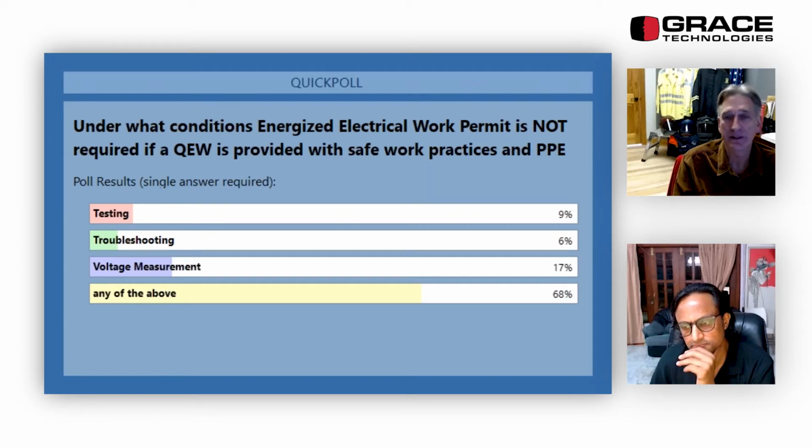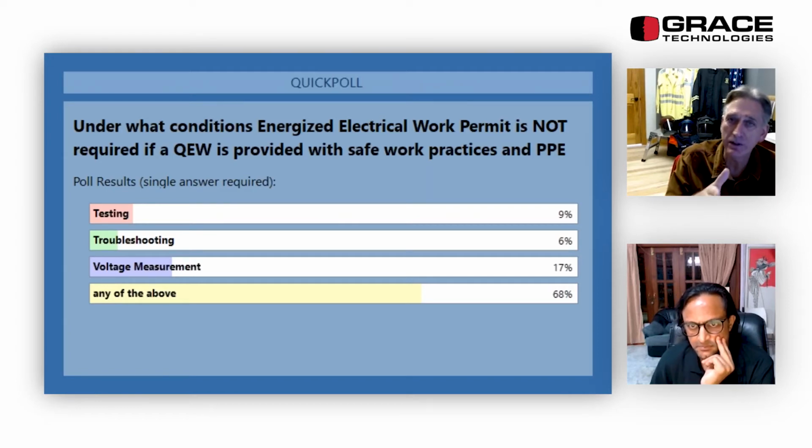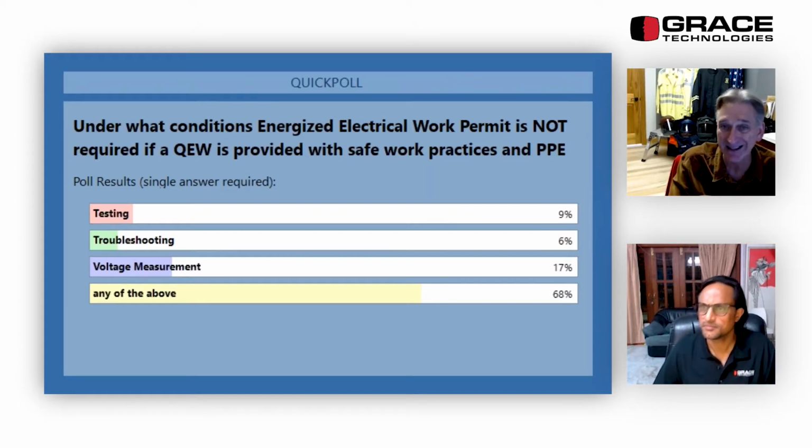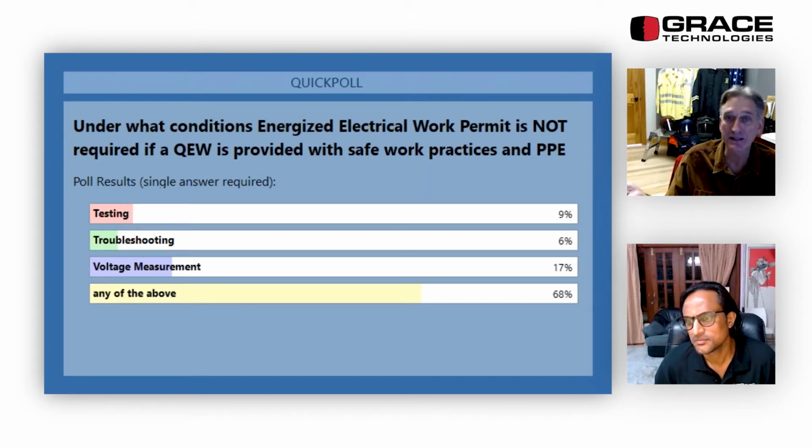And so I'll ask them in class typically, is it going to be easier and quicker for you to fill out an energized electrical work permit and get somebody to sign off on this, or go upstream and find the disconnecting means and disconnect this safety switch? And the response, of course, is always going to be, well, it's going to be easier to go upstream and disconnect it, lock it out, tag it out upstream, than to get somebody to sign off on this. One thing, they're probably not going to get someone to sign off on it. The other is it could take quite a while.